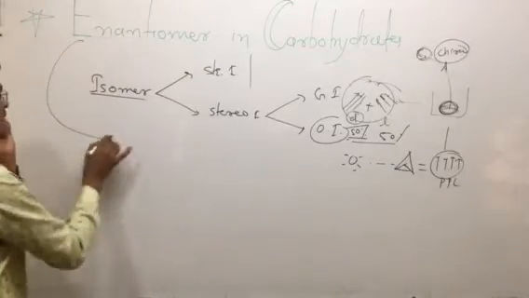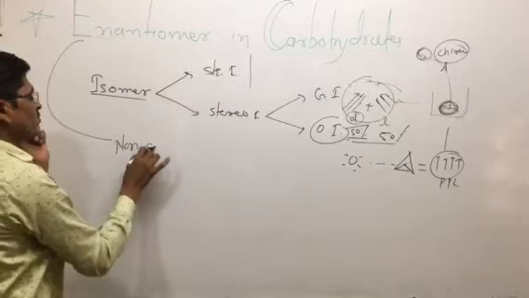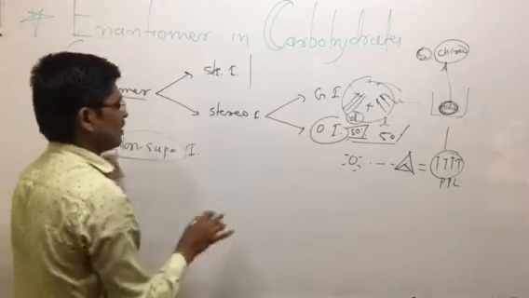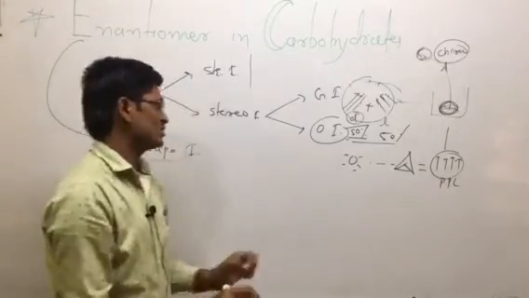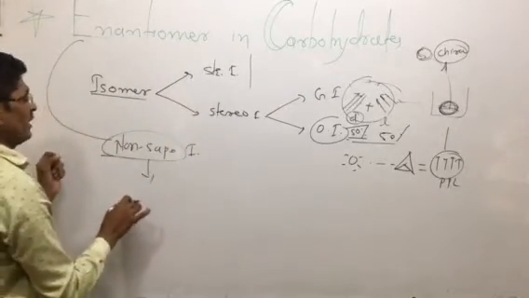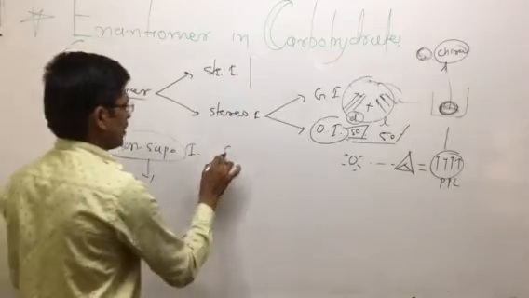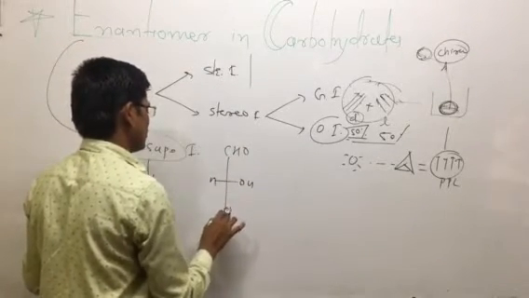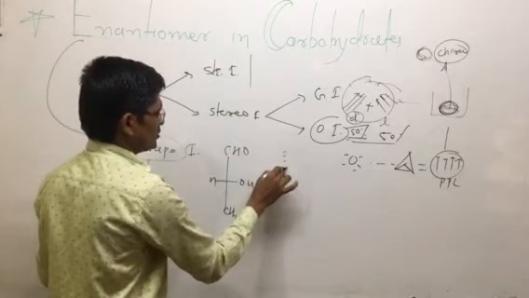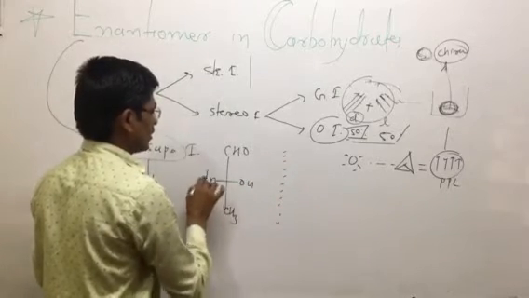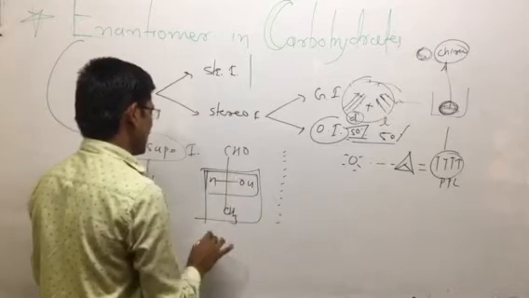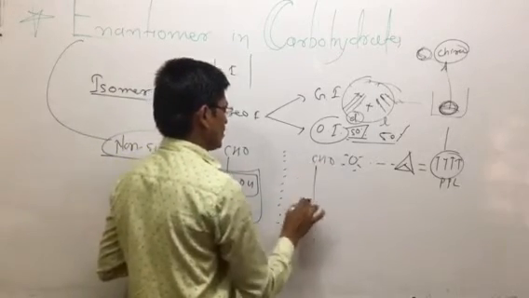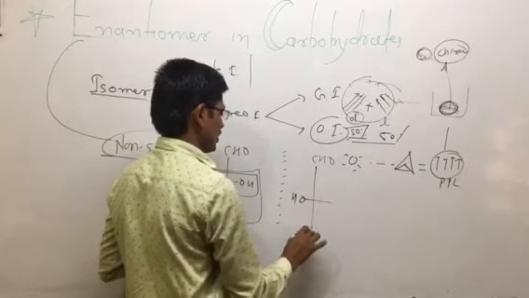The concept in enantiomer is the non-superimposable mirror image. So non-superimposable mirror images show enantiomerism. If we have a molecule with CHO, a chiral atom, and CH3, and we look at this molecule, the hydroxy position is at the right hand side, which is the concept of dextro-rotatory. If this molecule is seen as a mirror image, the hydroxy position is at the left hand side.